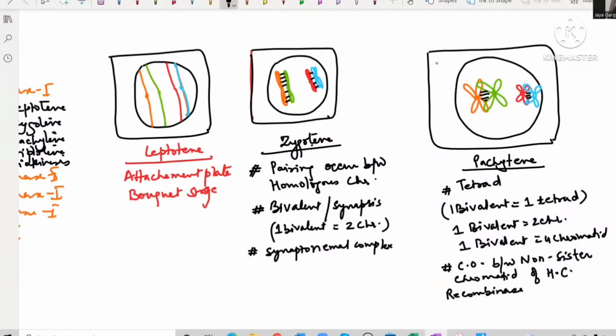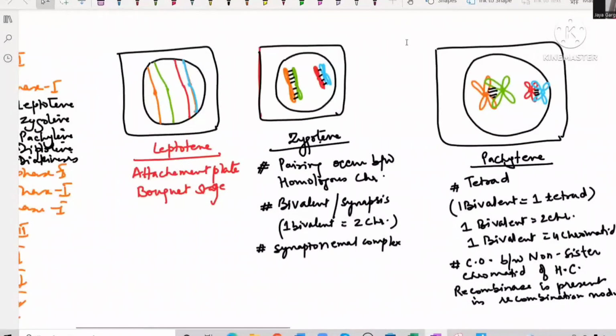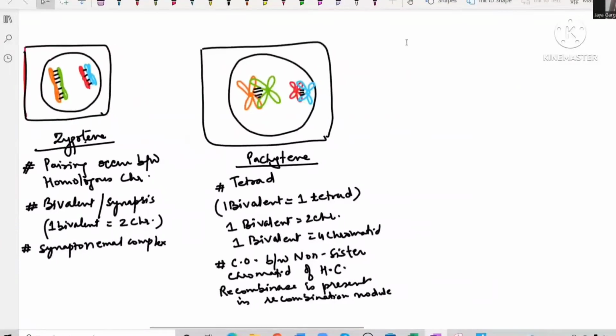Recombinase is present in recombination nodule. So I will find recombination nodule are made in which crossing over is occurring, and they are having the set of an enzyme known as recombinase, which is nothing, you can say your restriction enzymes which are going to cut, and after the exchange sealing will be done. So for sealing you want ligase enzyme. So this is very, very important stage in the meiosis, which is responsible for creating the variation. Now next